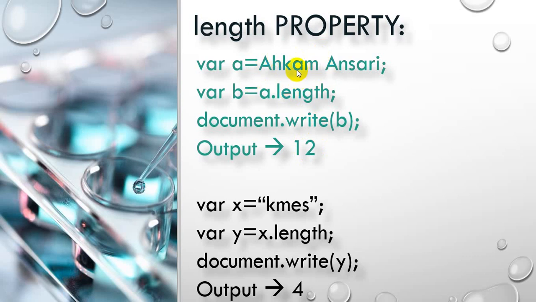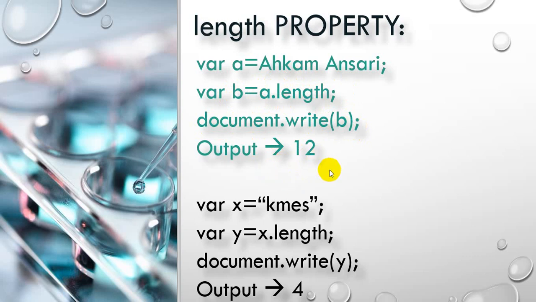So in this program, we have declared a variable in which we have stored some string value. So we have to put some double quotes. This is a PowerPoint slide, that's why I have not written them. Then in the same way we write a.length. So what is the value stored inside variable a? Now by using the length property you are going to check. So a.length will check and it will store the resultant value inside variable b. Then I have written document.write(b), so it will display the actual length which is stored inside b. So your output will be 12.